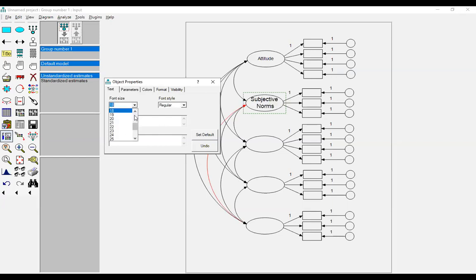So you can reduce the font size, so that this text can come inside this oval shape. Okay, and then purchase intention,